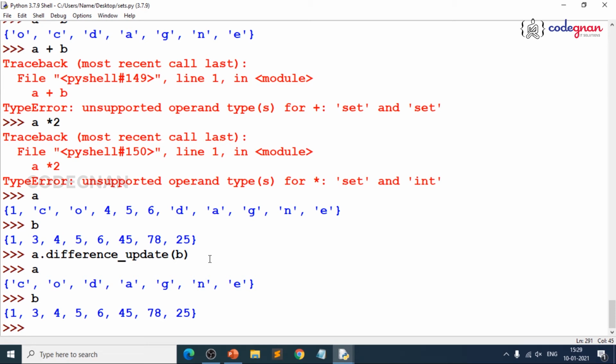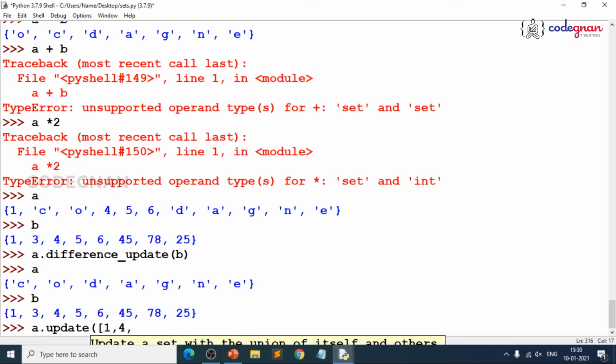It is very much easier. So what has difference done? Difference will take common elements. If I give B dot difference of A, what are the common elements in B and A? It will remove them and you replace the other elements in B. That's it. So, difference update. Now as we are not having any common elements, again I should update it, because I wanted to explain to you the other concept,